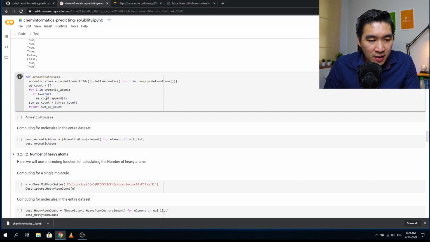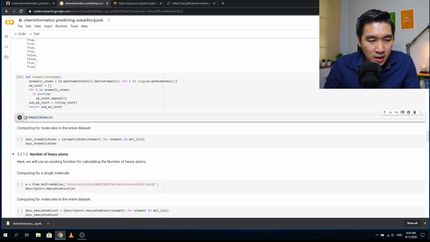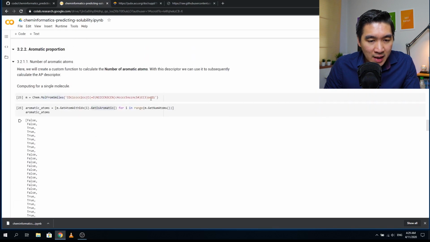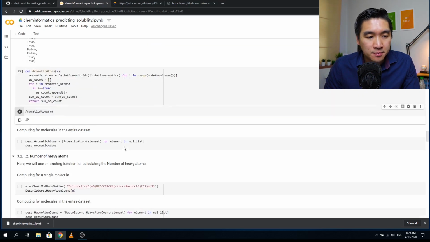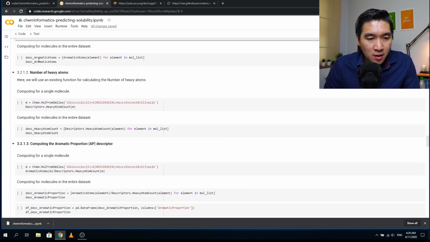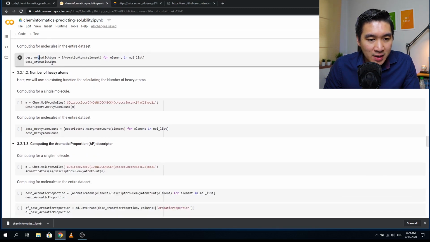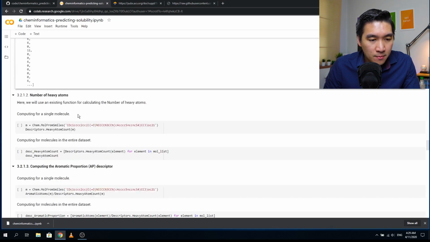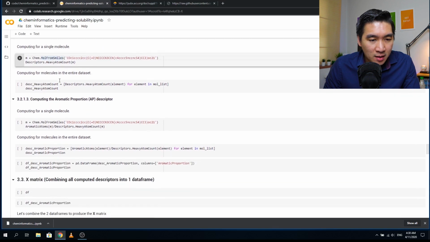So let's define this function. And then let's determine the aromatic atoms in the molecule. And then we have 19. So the molecule up here, there are 19 aromatic atoms, meaning that the atoms belong to the aromatic rings. Okay, and so we're going to do this computing of the aromatic atoms for the entire data set. So we have the number of aromatic atoms for each of the molecules. Okay, and we're going to do the same thing using this example for a single molecule, and then we're going to use the